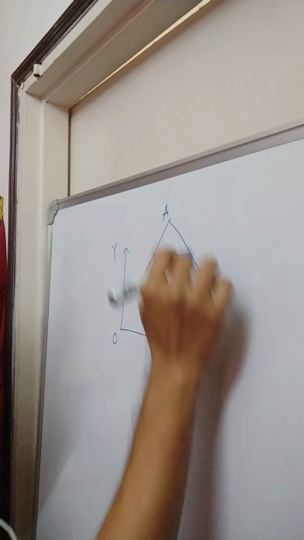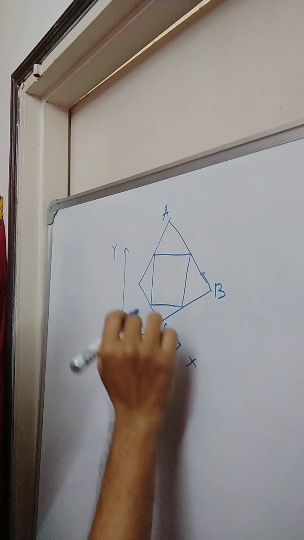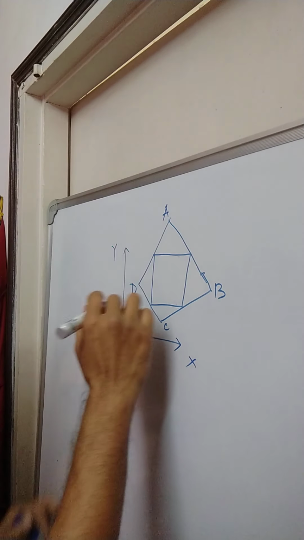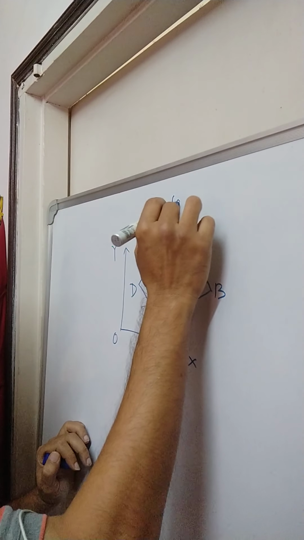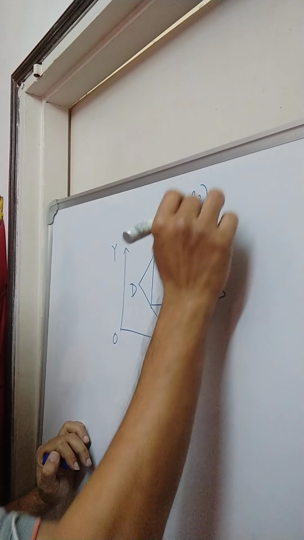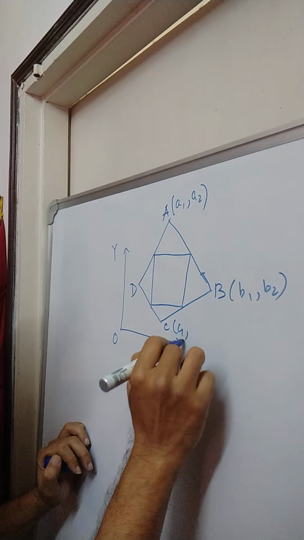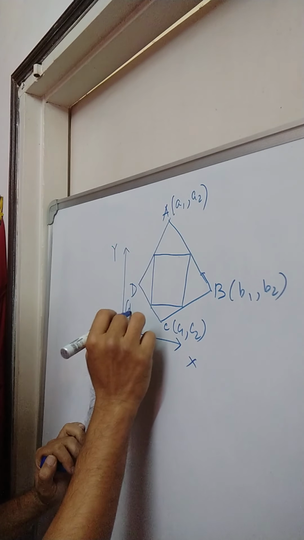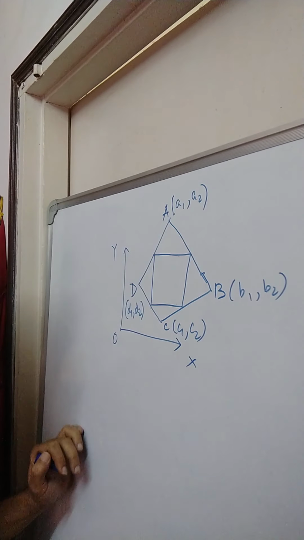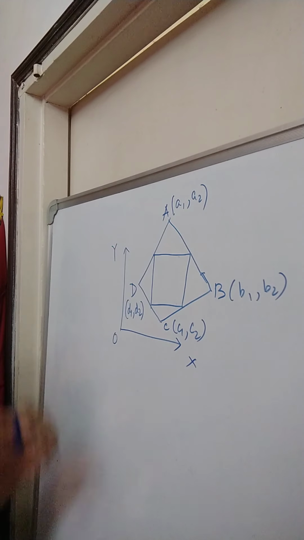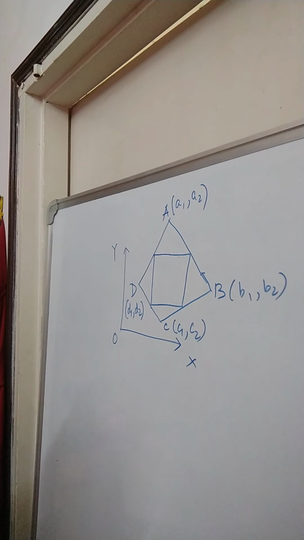It is a very well known result of geometry, which we will try to prove using vector algebra. This is very simple. Just remember that if we replace A by A1 A2, B by B1 B2, C by C1 C2 and D by D1 D2 as their respective coordinates, we have the vector representations or the position vectors